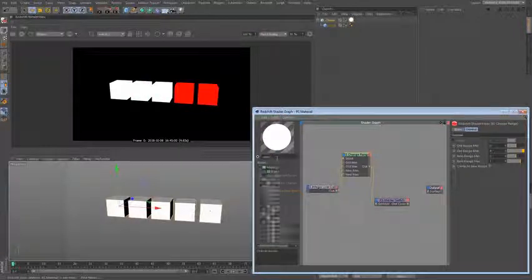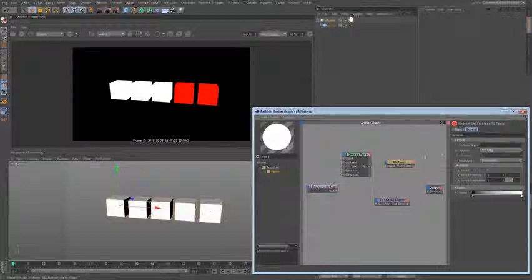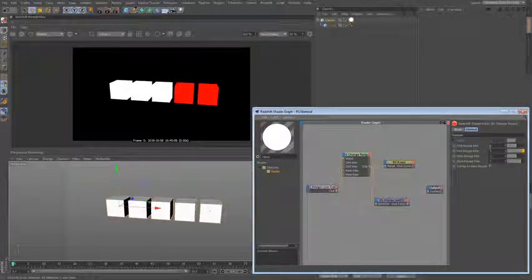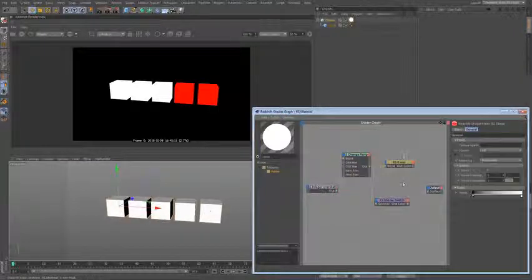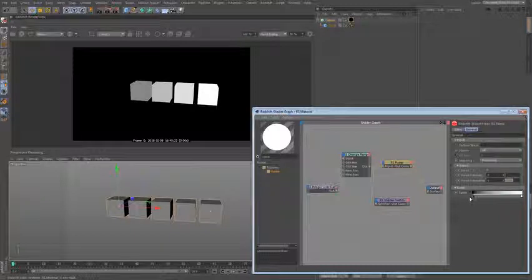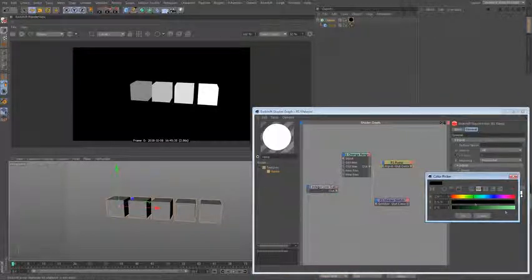Now let's take a ramp, plug it into my change range, and set it to alt. Now we've said, okay, our input range min is 0, our input range max is 4. Let's squish that down to from 0 to 1 instead of 0 to 4. So then all these values are between 0 and 1, and then I throw them through a ramp. And if we look out at the surface, we'll see a gradient from black to white, or any other value that I put in here, maybe green